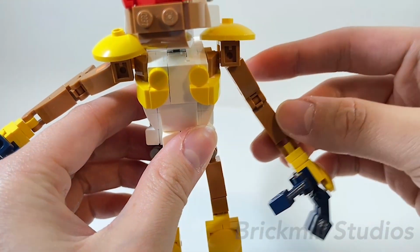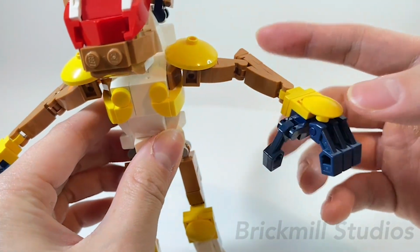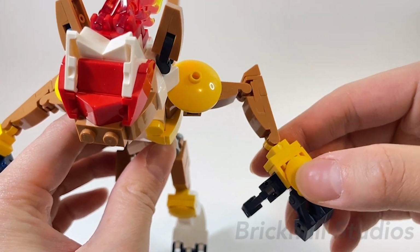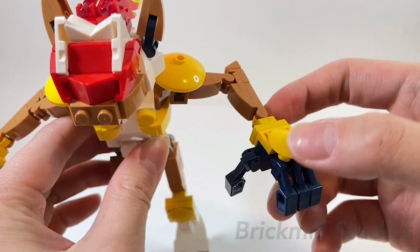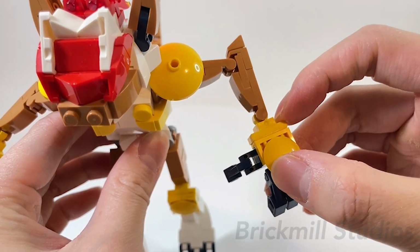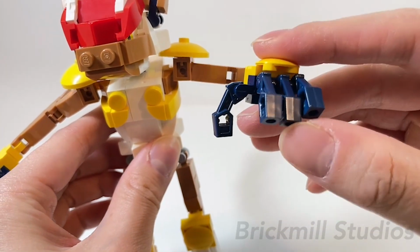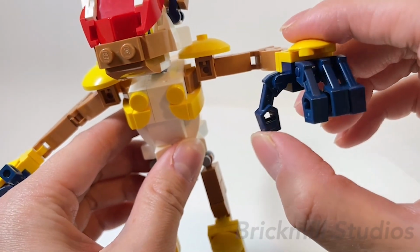so you can rotate the arms in and out like this. You can bend the elbows, and there's slightly more articulation in the wrist since it's a 1x1 tile with a clip attached to a modified plate with a bar, and you can rotate it at this 1x2 jumper connection. Each of the fingers can be posed, and they're just done using the Exaforce arms in dark